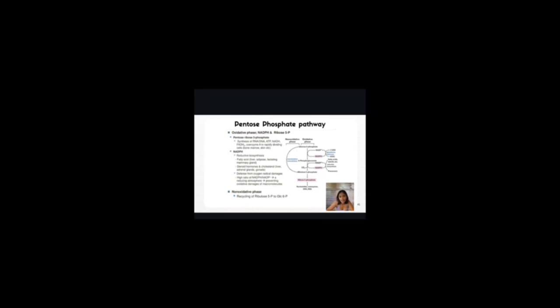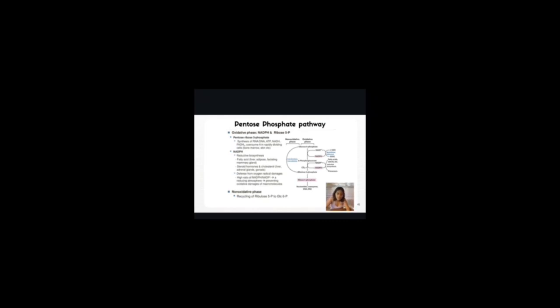While on the other hand, the non-oxidative phase recycles excess ribulose 5-phosphate into glycolytic intermediates like glucose 6-phosphate. So, kaning pentose phosphate pathway supports rapidly dividing cells and tissues with high biosynthetic demands like liver, skin, and also the bone marrow. So, moving forward,